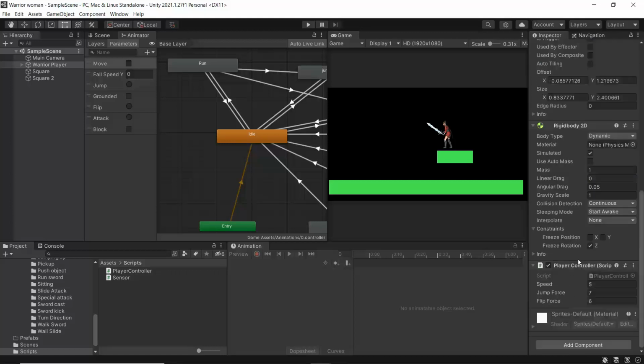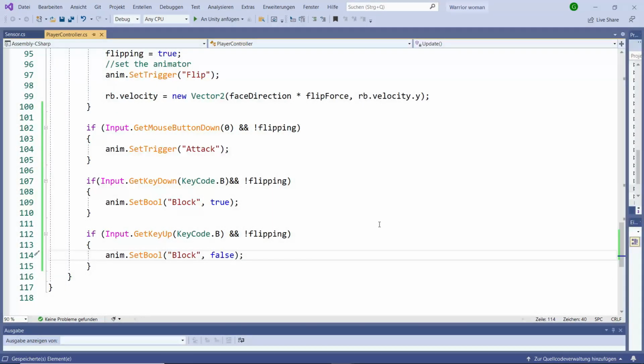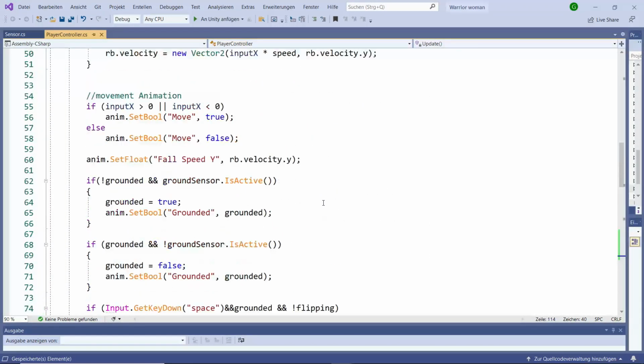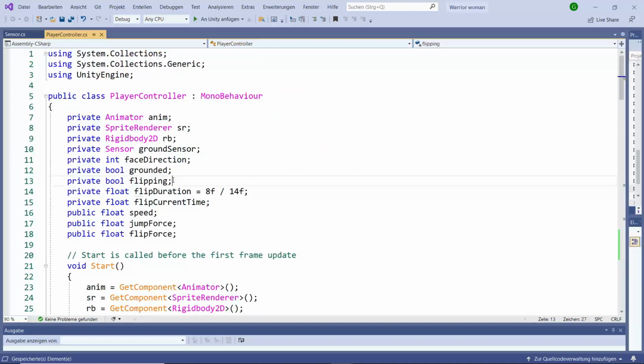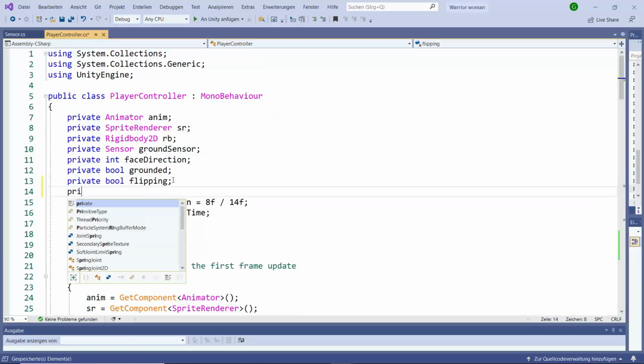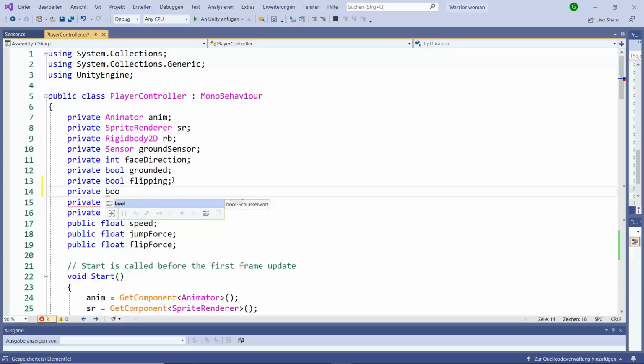So let's go back to the player controller. Let's go to the top, add a new bool, here public bool